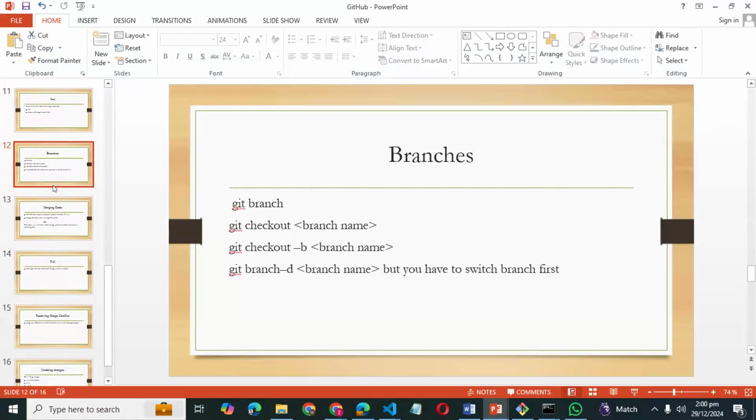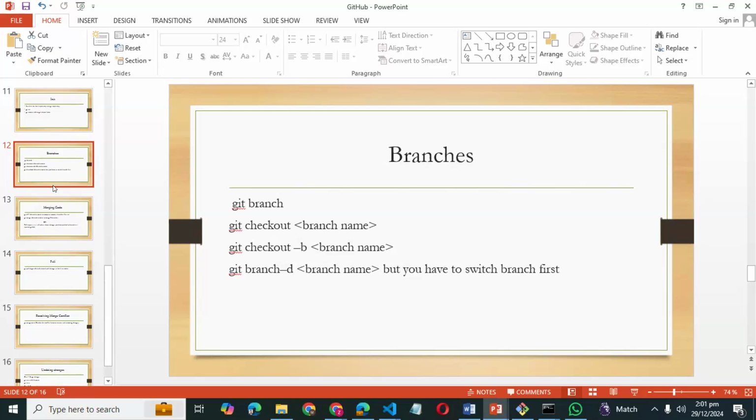Whenever you are working with an organization, these commands are used daily, and this is the whole set of commands that we need to learn about Git. You will be a master of it once you practice, so practice is the key. I will try to make you practice these commands in our lectures.